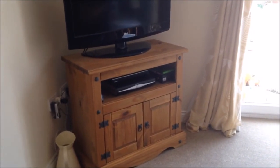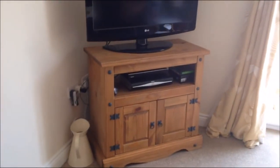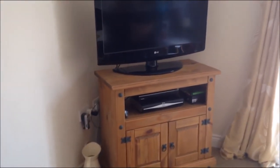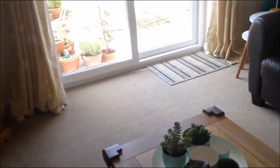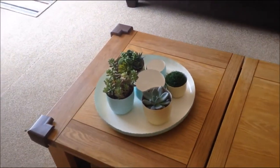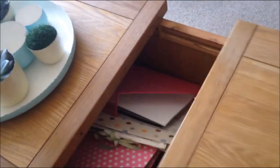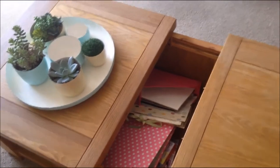I don't really like that piece of furniture, but I do like its height. So until we find something that could replace it, that will stay. And our coffee table, we have these corner bits on because of Alex, to keep him safe in case he bangs his head. And what I love about this coffee table is that it opens, so you have storage in